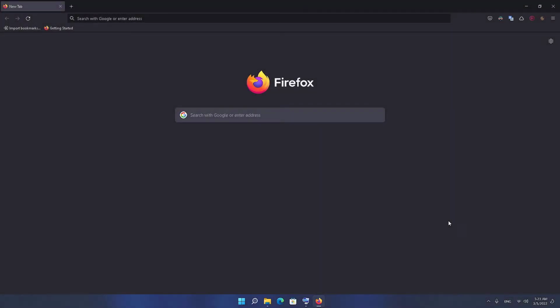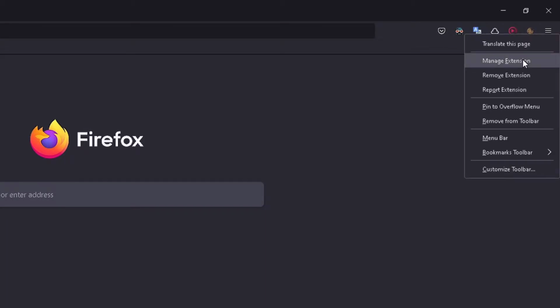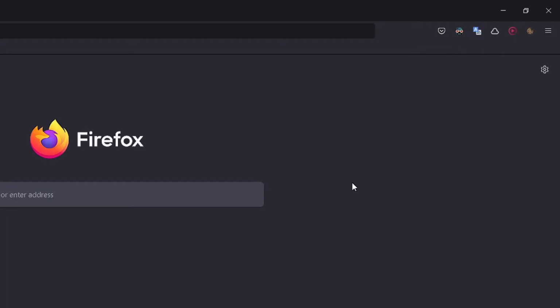Hello everyone, today we will cover how to remove extensions and themes from Mozilla Firefox web browser. And the great thing is that Mozilla makes it easy to remove any browser extension. You can simply right click on the extension and you have some options to manage the extension, remove it from your web browser. You can also remove the extension from the toolbar, but for more customization, you can click on